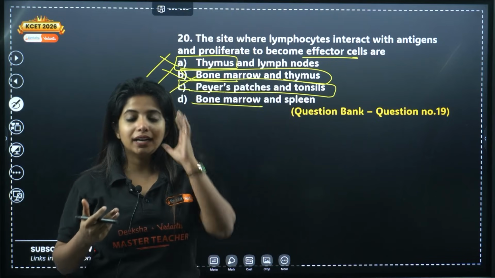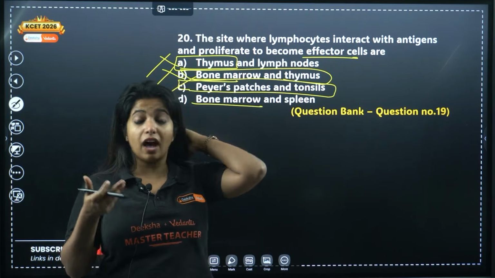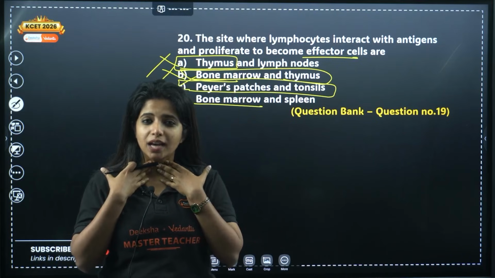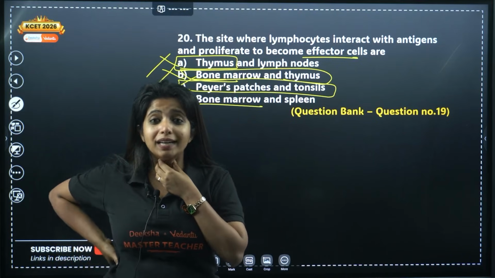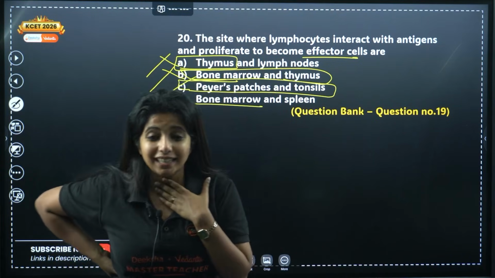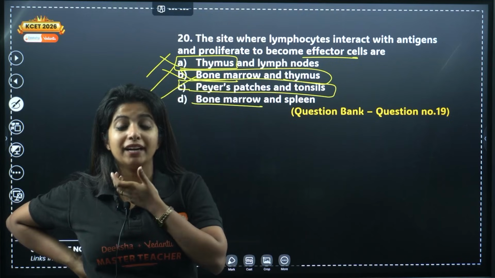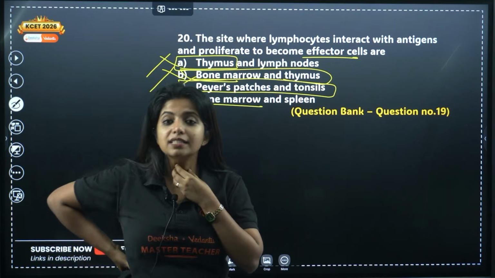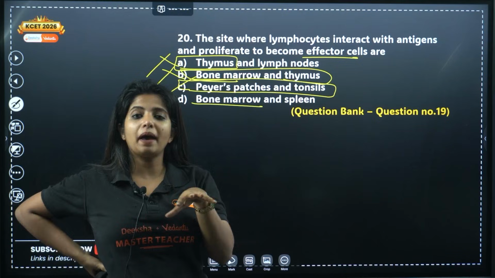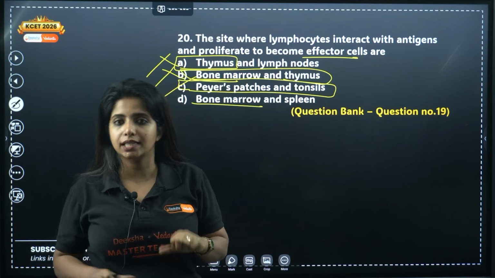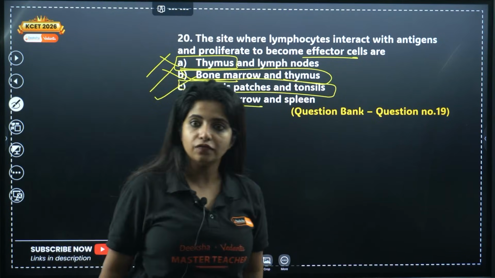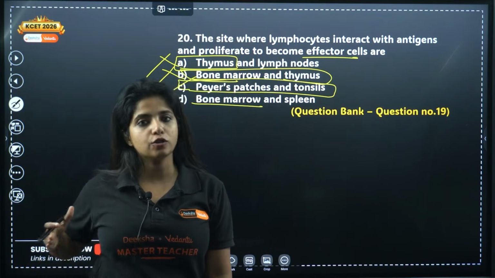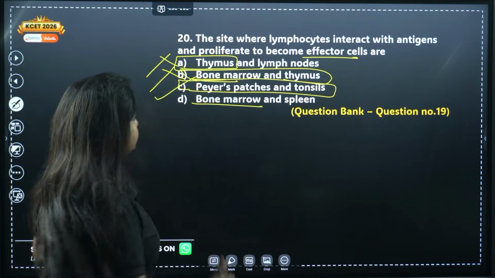So it might have happened with you guys that whenever you get an infection, you get tonsillitis. Why? Because over here you have so many WBCs which fight with the antigens, which is why inflammation is caused. So our tonsils are secondary lymphoid organs. Peyer's patch is found in the lining of the intestine, and the spleen, we will talk about it later, is near our stomach. It's also a secondary lymphoid organ.